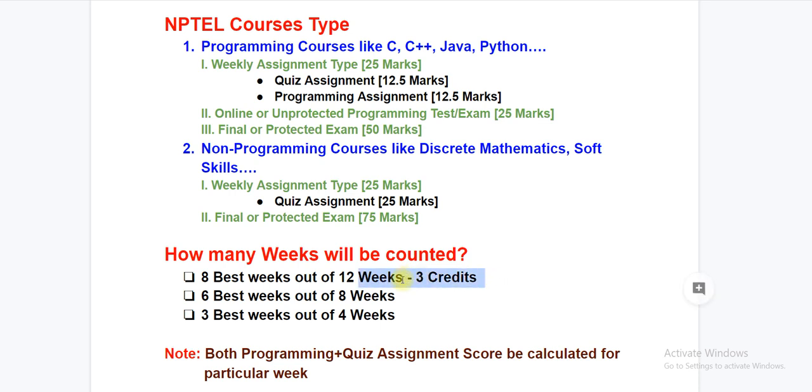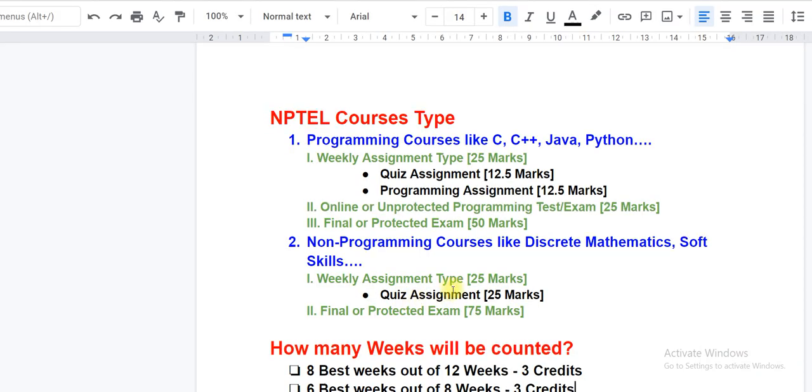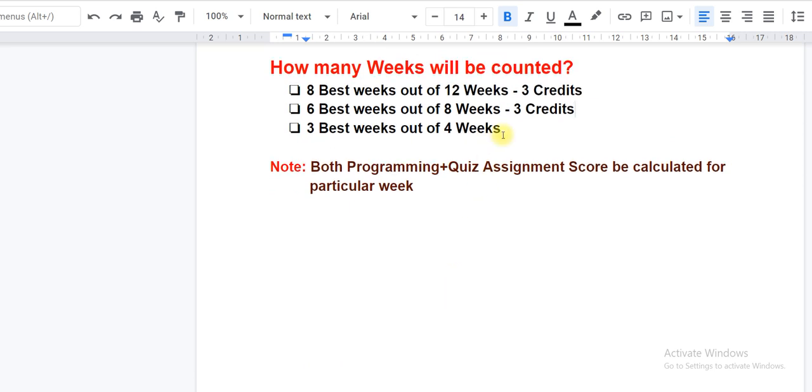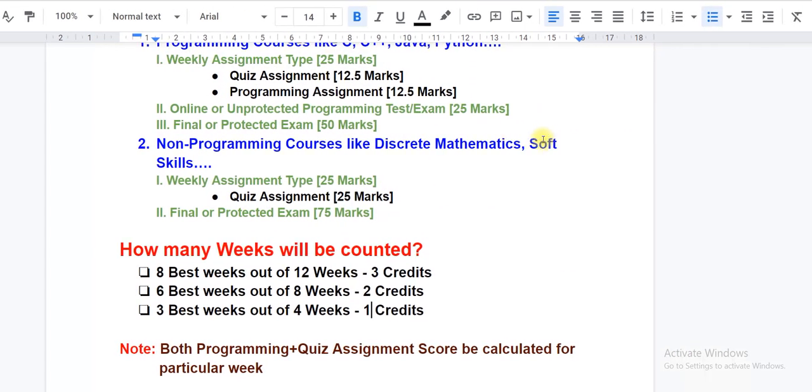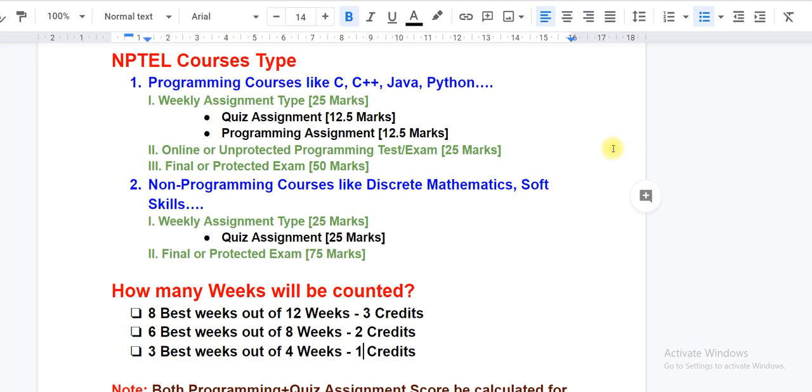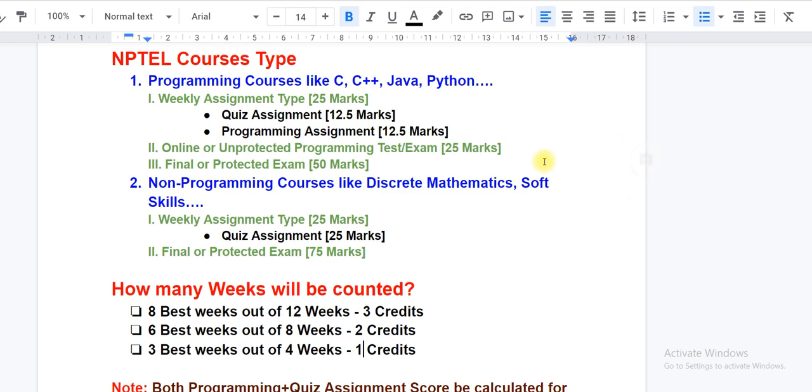Actually you will get credit based on the time you invest for the learning courses, that is standardized by AICTE, and also there is UGC, they are regulating this. So this 8 week is of 2 credits, and I think this is 1 credit. I am not sure about this third criteria. I have to check the information. I will update in the comment section also if required.